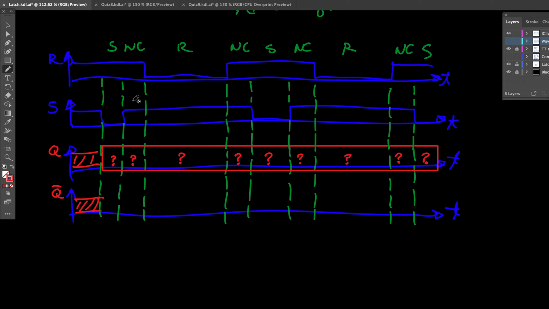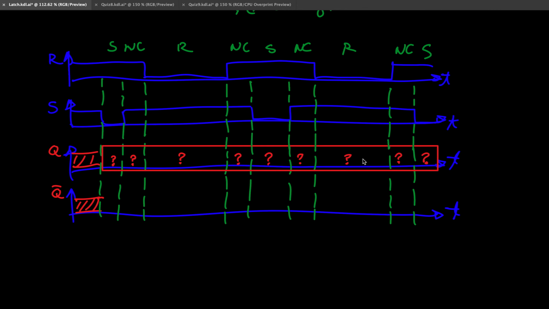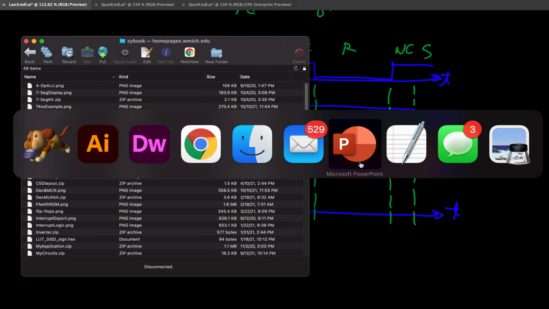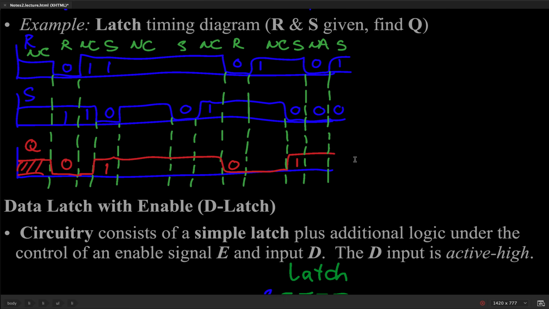These are determined again by the values of S and R. Now, go ahead and fill in these values after you draw it in the waveform, and then when you have done, then continue with the lecture. Okay,